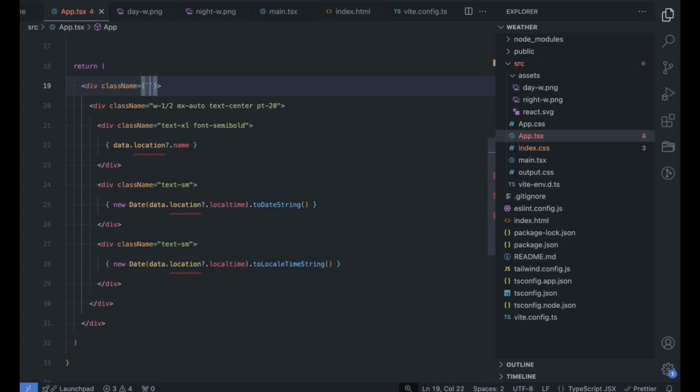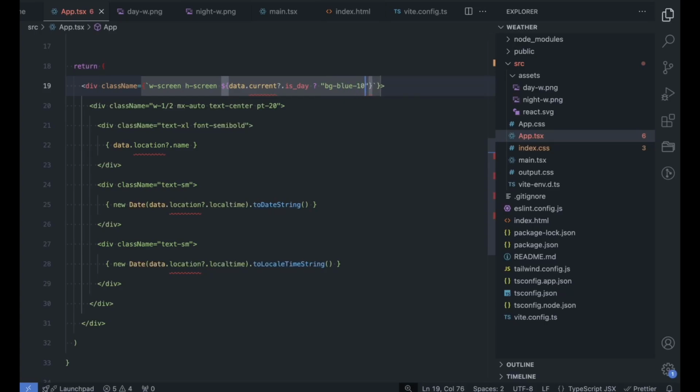Let's start by giving our app a background. So I'm first giving the background a width and a height. w-screen means the width should encompass the entire screen, and h-screen means the height should encompass the entire screen. And then I'm using